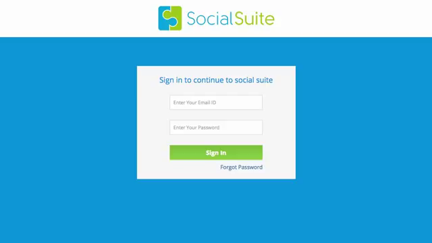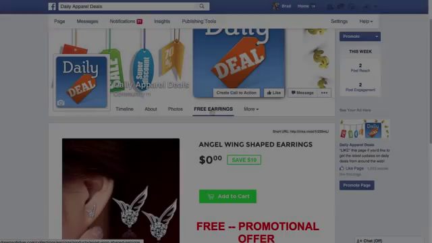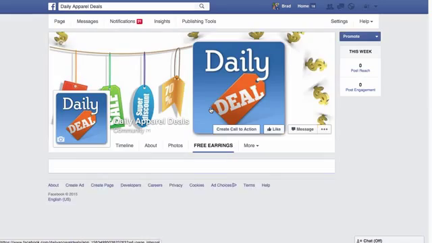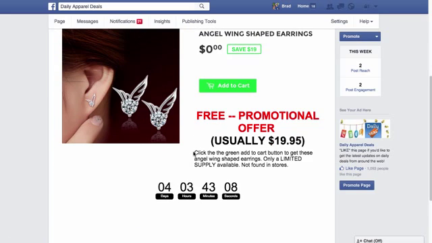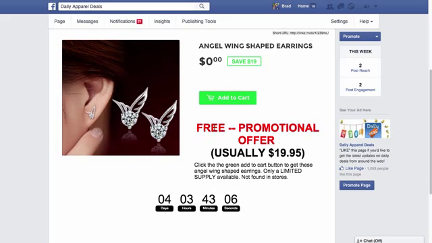Now first, before I show you the software, I want to show you the results we've been able to produce using Social Suite. Okay, if I click on this tab, you'll see that we're inside Facebook. Okay, and then what we have here is a page I built using Social Suite. Now you'll notice this is just like the Shopify store, but instead of being an external website, I've built it